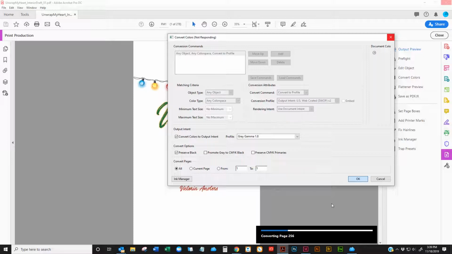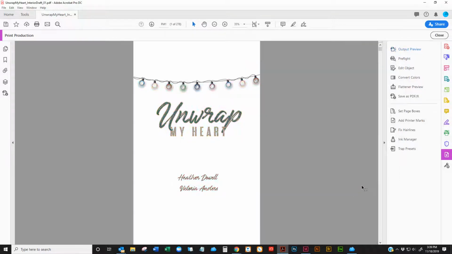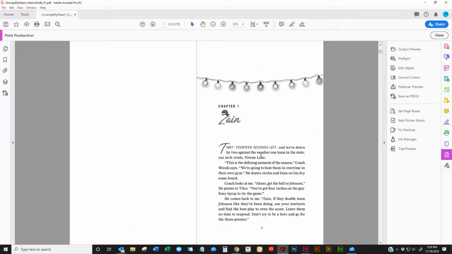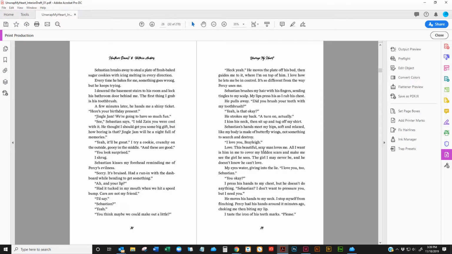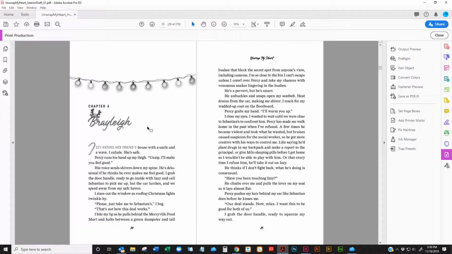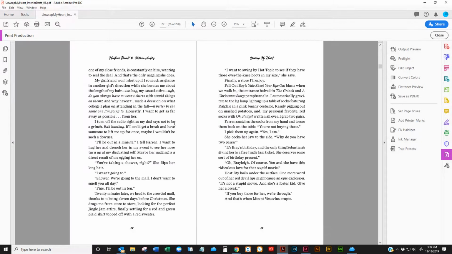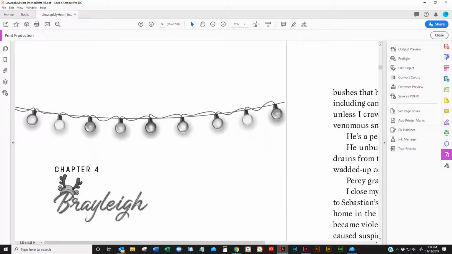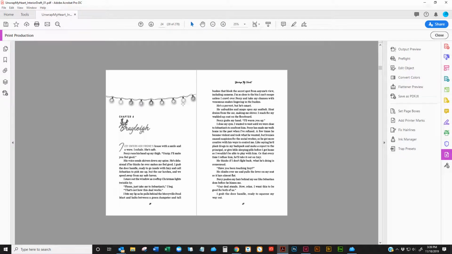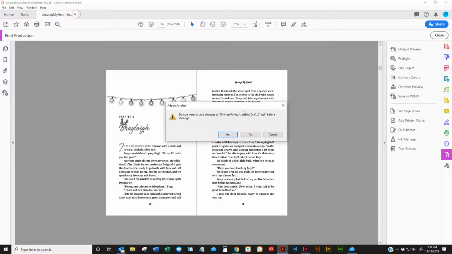All right, so it's almost done. Okay, so now we have a black and white document. Now, it's not as pretty, but, you know, who can afford color runs for paperback books? But it's still pretty, so we still get that this is Christmas lights with the letters probably don't look like, they may look like they have a little glitter to them. So that's it. That's how you get it to black and white, and then we're just going to exit, and